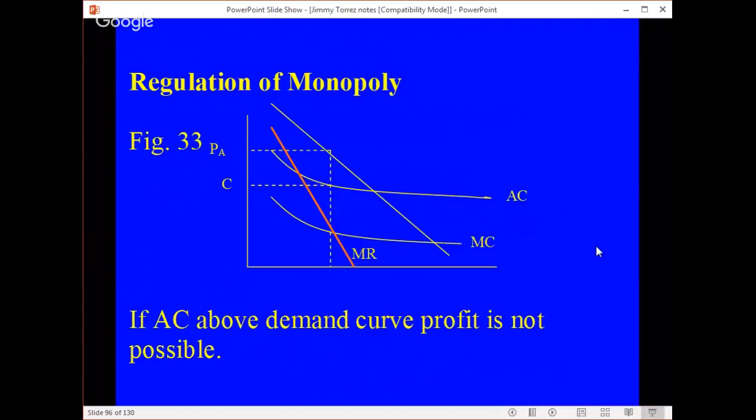Here, I have what's known as a natural monopoly. A natural monopoly is one where the relative portion of the average cost function and the marginal cost function are decreasing. We usually think of average costs being U-shaped, and of course marginal costs intersecting where it hits the bottom. So what if,